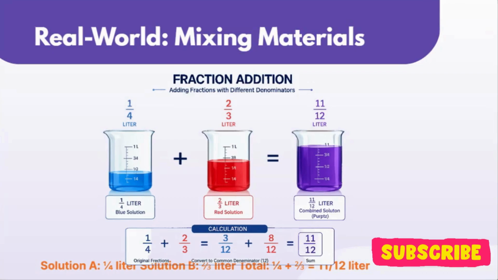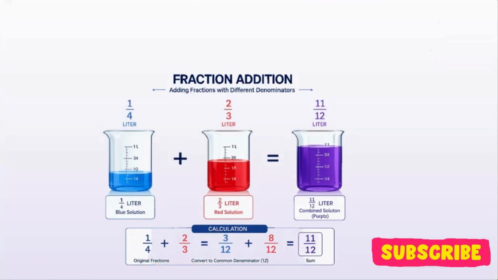The answer will be 11 by 12. How is it? I want to apply the common denominator method. I have to multiply a certain number, or the cross multiplication method. I want to multiply a certain number with a certain number. After multiplying them, I got the least common denominator, which is 12. And you can also add the numerators, like 11 by 12.